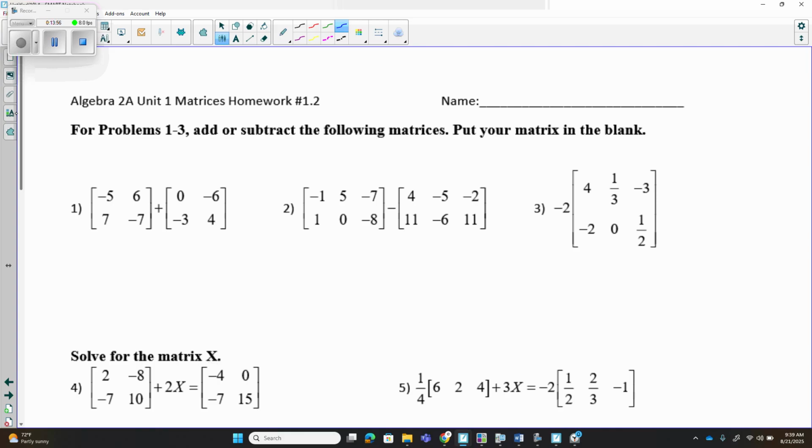Right, so in this case here, you'll make sure your dimensions are correct. They're the same dimensions, so then you would add each element. So negative 5 plus 0 gives you negative 5. Negative 6 plus negative 6 gives you 0. If you go to 3, the answer is still 2 right here. Who's doing number 2 over here? Oh, there you go. All right, so that's the way that works. To subtract, I have never been someone who multiplies by negative 1, then adds the